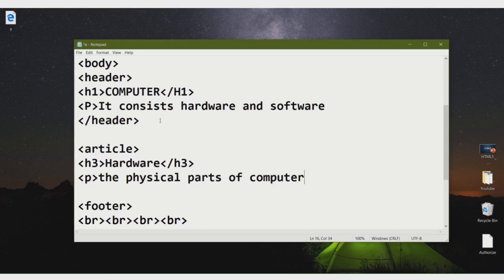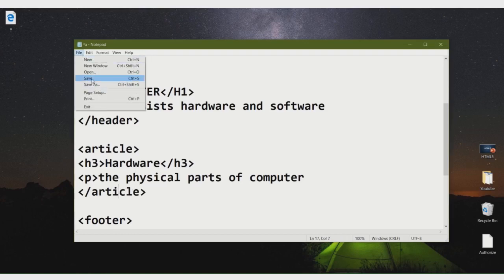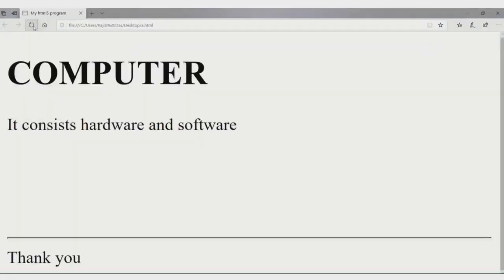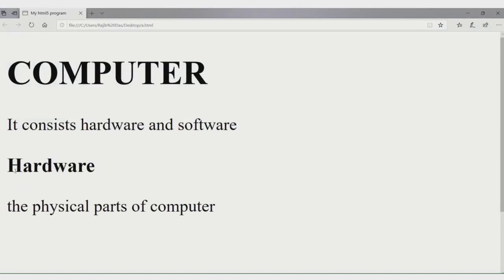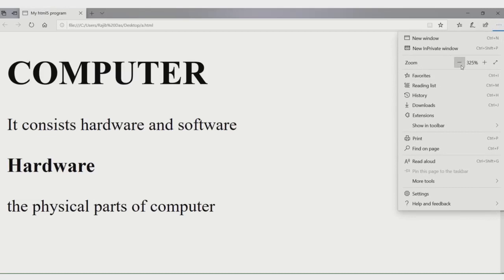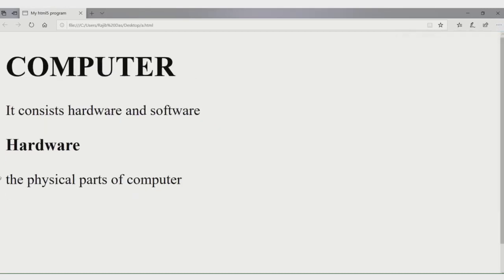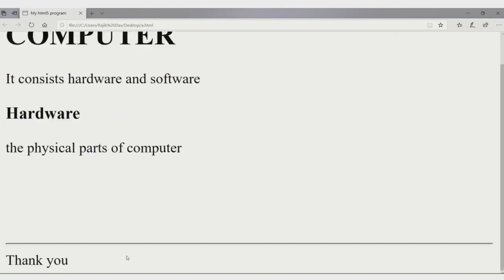This is the article. Okay, then you have to close the article tag. Then file, save, and go to the Internet Explorer and see this portion, hardware and then physical parts. Okay, so hardware and physical part, and then you can see the footer.